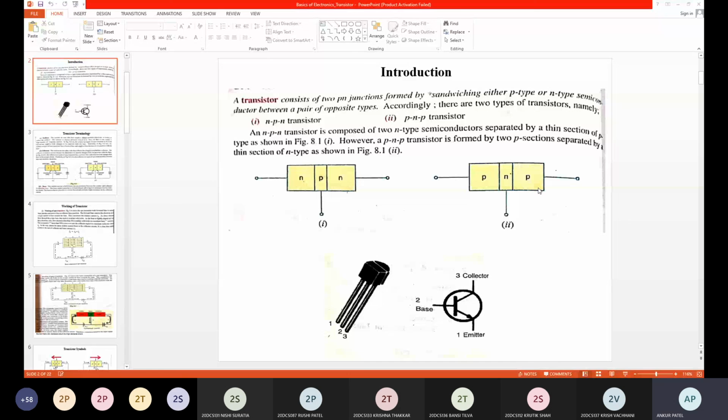Does anyone have a doubt in diode, PN junction diode, applications, ripple factor, Zener diode? I have already shared this material, so you can refer to it when you get free time. When you read it, you'll understand. If you have any query, you can raise it. Otherwise, you will get it after reading. Okay, so you can leave this session.